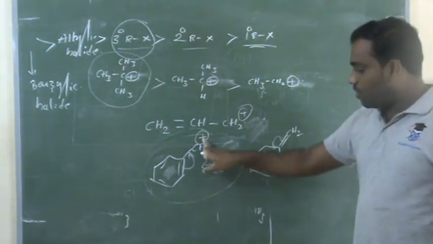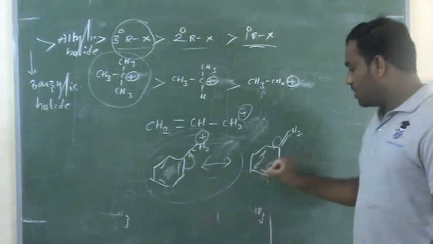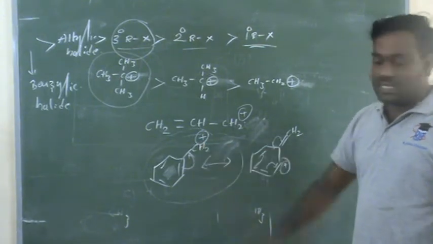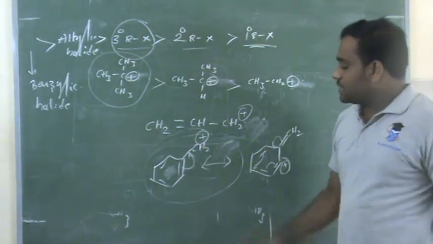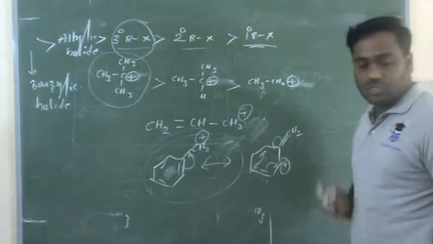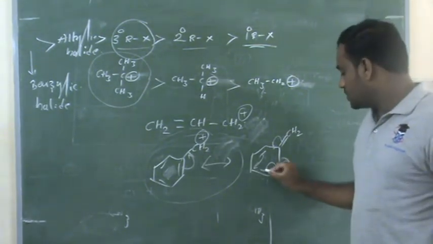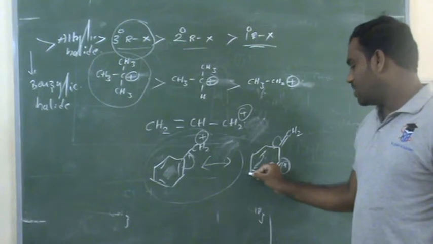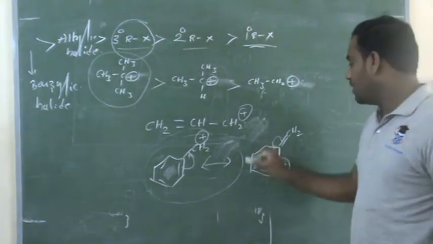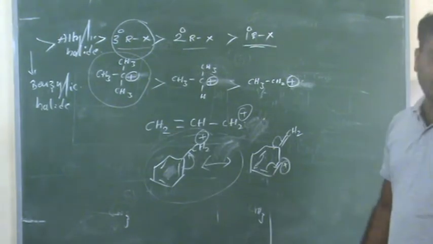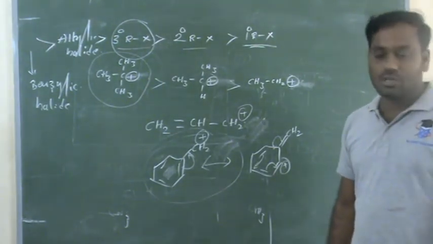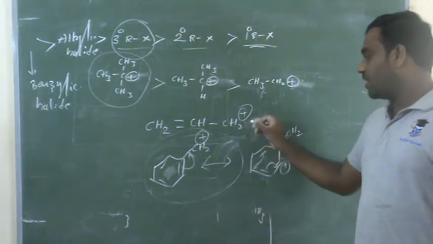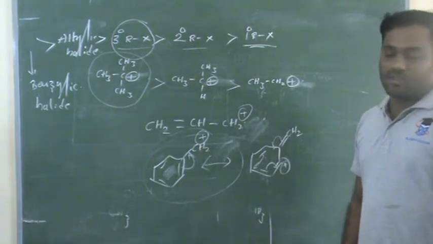This positive charge is always involved in resonance with benzene. Previously the positive charge is here. After delocalization or conjugation of the benzene pi electrons, we get the positive charge here. Then this positive charge is delocalized by these pi electrons again and we get the positive charge here. Like that, the entire carbocation undergoes delocalization or conjugation. Due to that, the benzylic carbocation is more stable, and the allylic carbocation is somewhat less stable